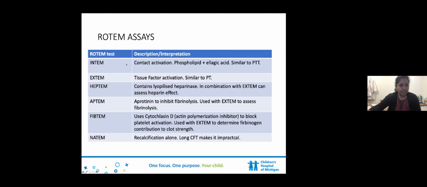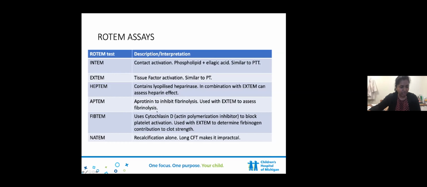So this is a list of all the assays on the ROTEM. The INTEM refers to contact activation, XTEM to tissue factor or the extrinsic pathway, which would be similar to PT. The HEPTEM is a heparinase assay, and in combination with the XTEM can be used to assess heparin effect. APTEM is an assay that has a protein to inhibit fibrinolysis, and again in combination with the XTEM can be